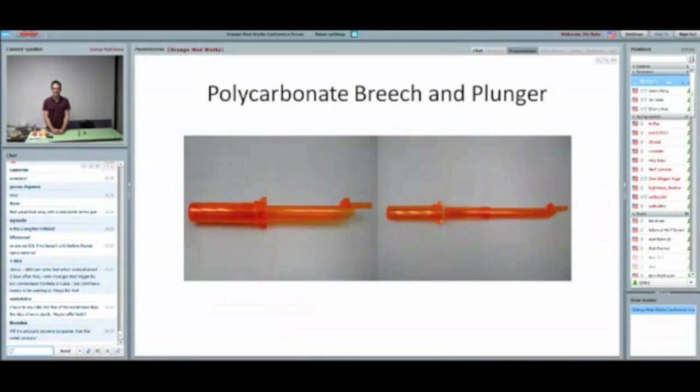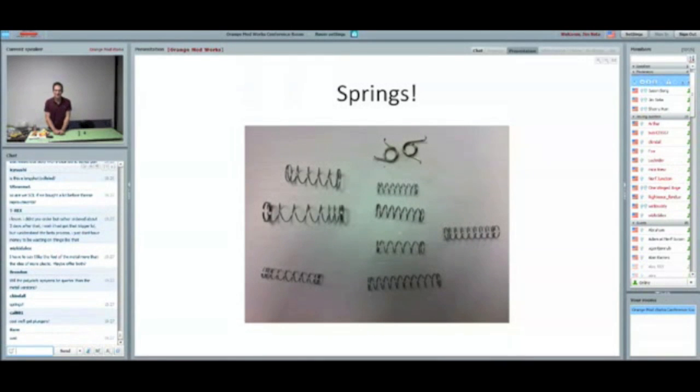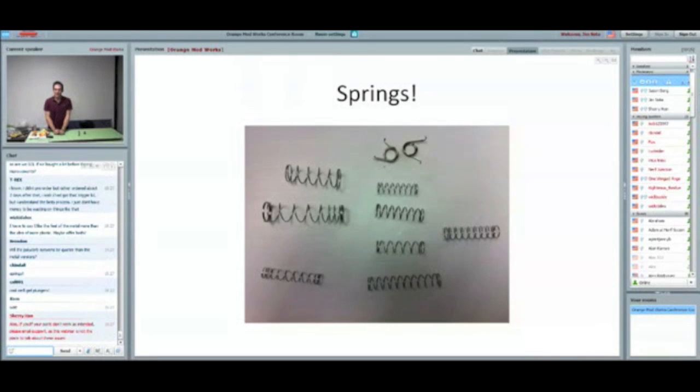Okay, and now for the springs. This is pretty exciting. The past couple days I ripped apart all the blasters we have here in the shop and took the springs out. We're going to go and see what we can do with them. We're going to start with...